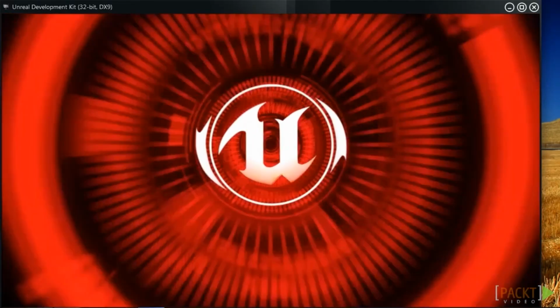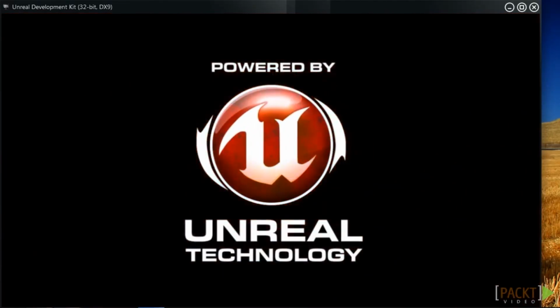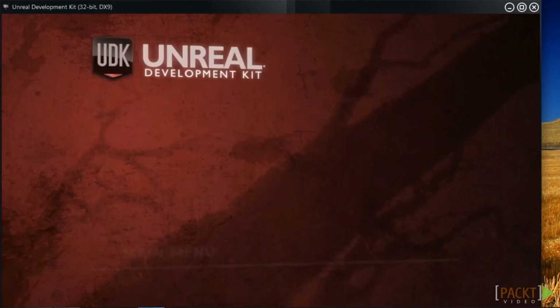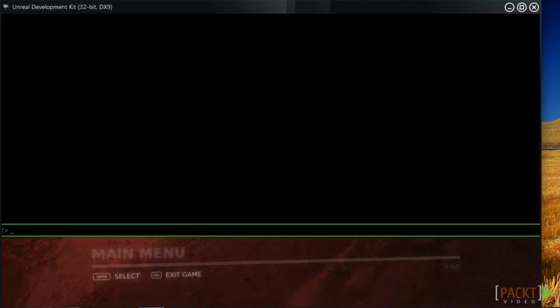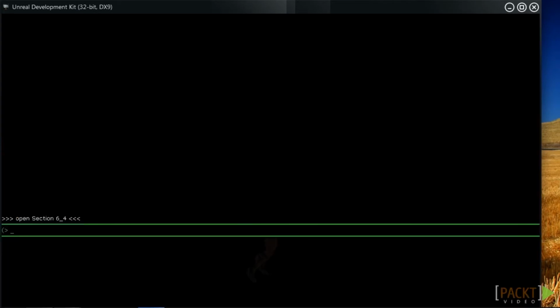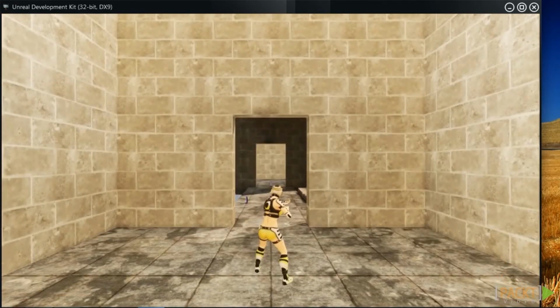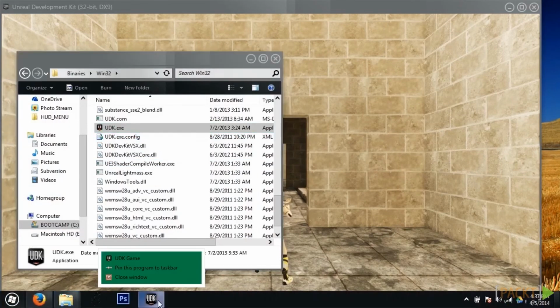Now, if we attempt to open up any level, you'll see that when it was loading, it was actually showing me a bunch of the Unreal Tournament characters. Now, our game is an Unreal Tournament game, so we're going to replace all these assets that we saw. So the first thing that we're going to do is replace this menu with one of our own. To close the game, I'm going to hit Alt-Tab,